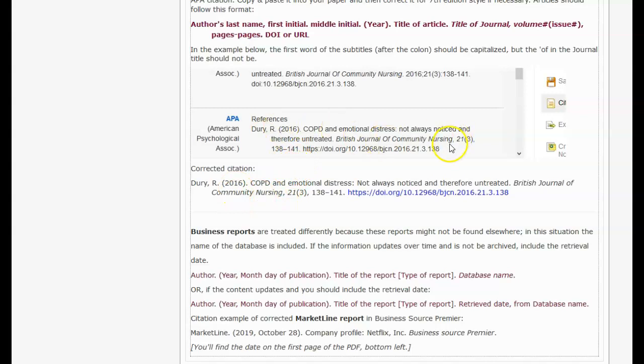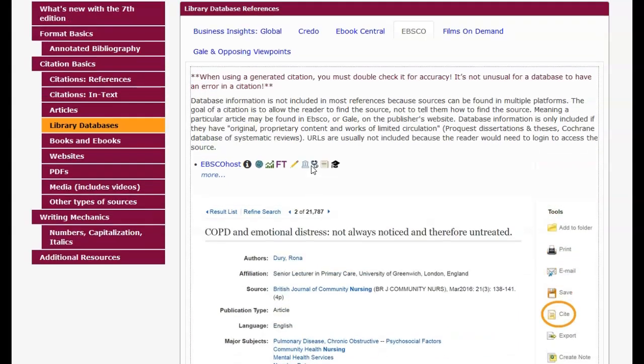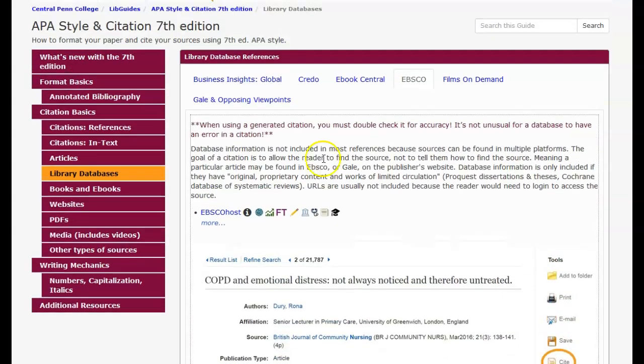And this one I think is almost right, except that they did not catch that the first word of the subtitle needs to be capitalized. So that's a very minor tweak. Business reports, I will go into that a little bit later when we talk about Business Insights Global. I am also going to